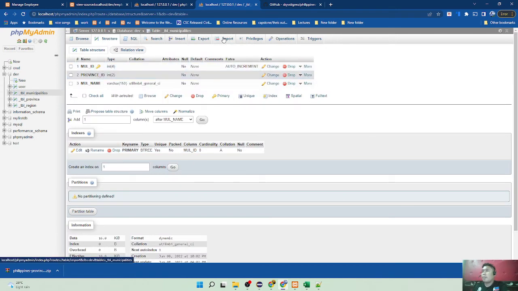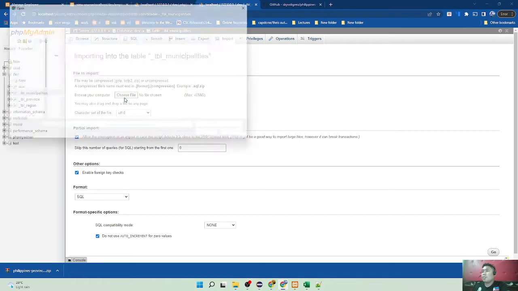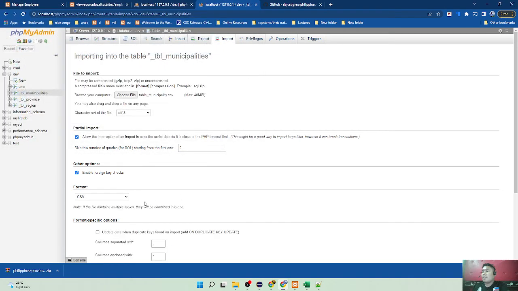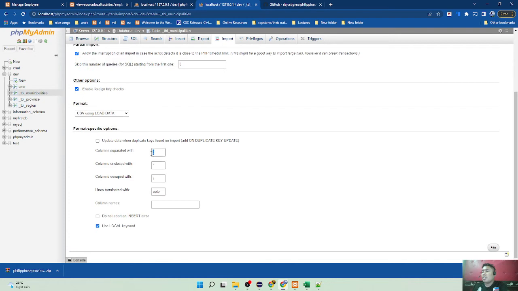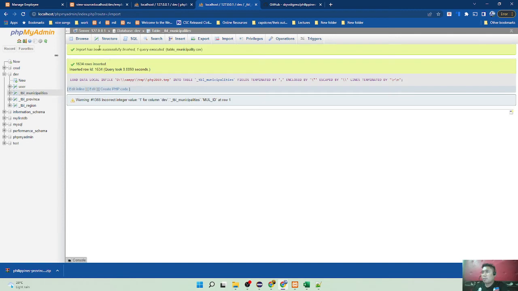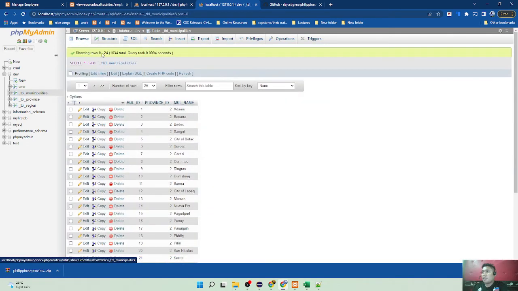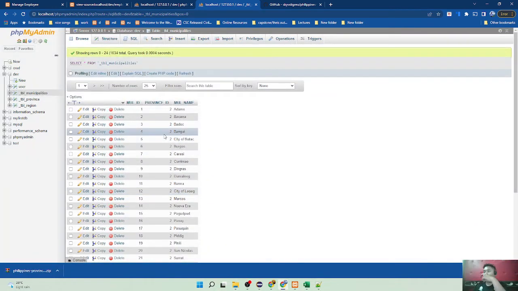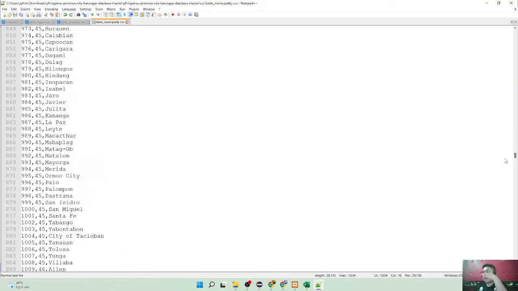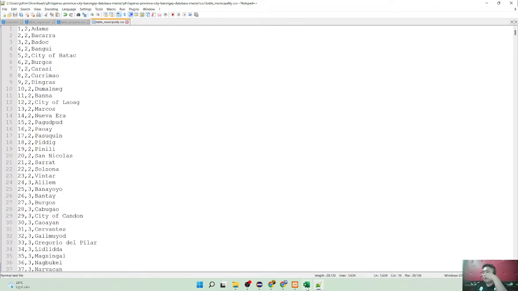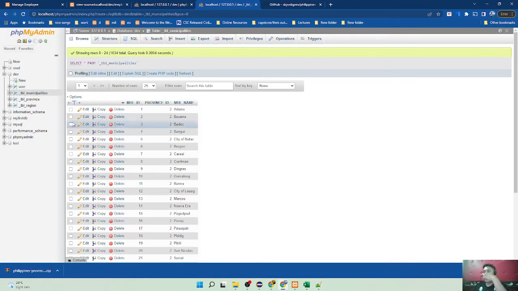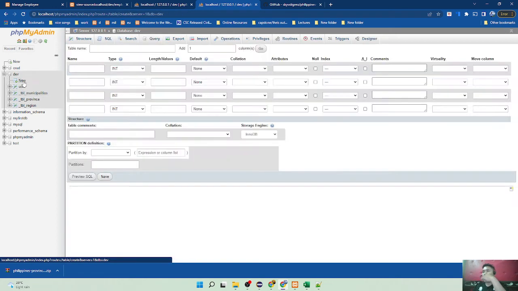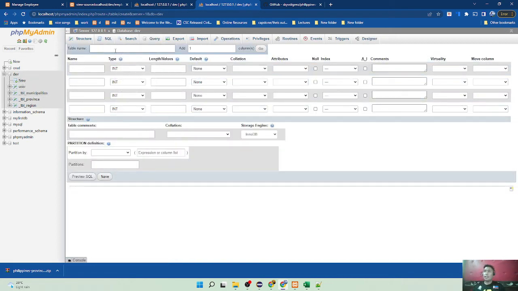Now go to import, choose file, municipality. Okay, then comma, click go. Browse. We only have input 16,000. Okay, that one is to Adams. Okay, it's working great, and now we have to do the last one, which is underscore